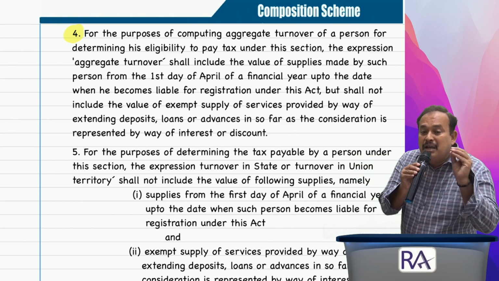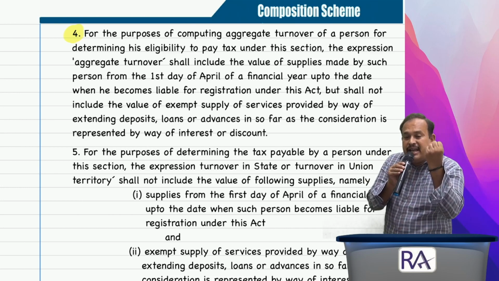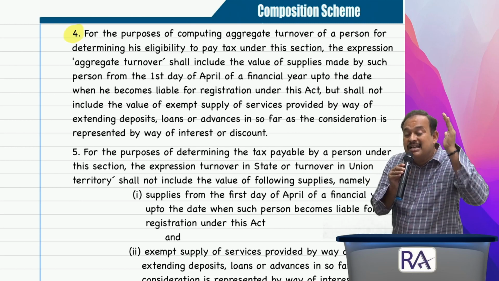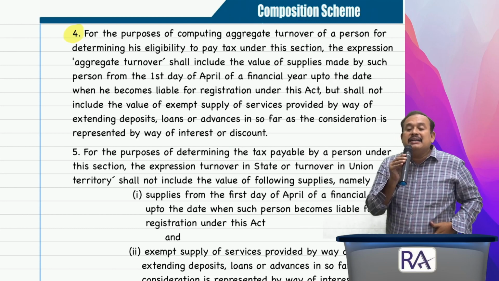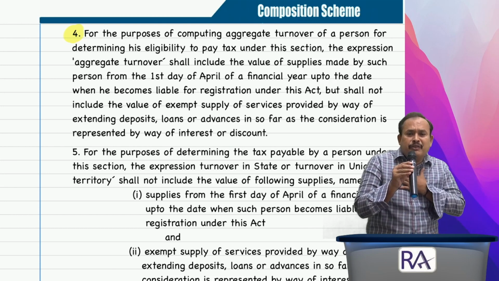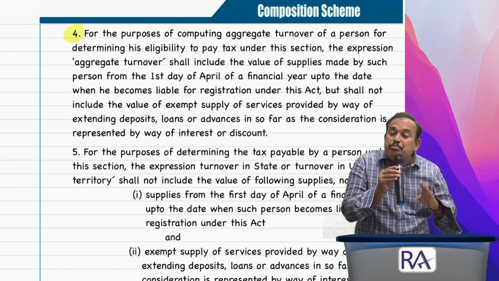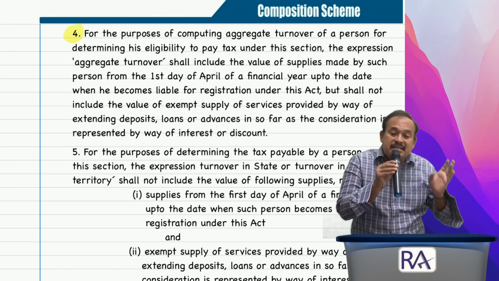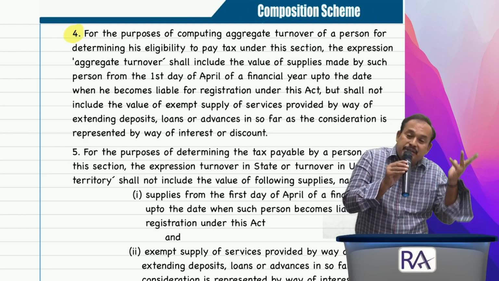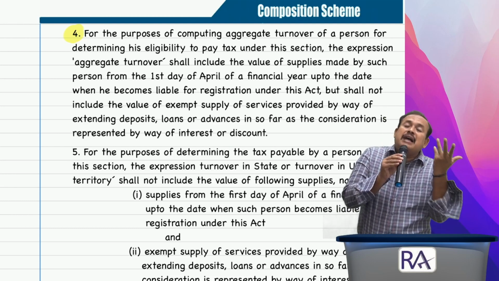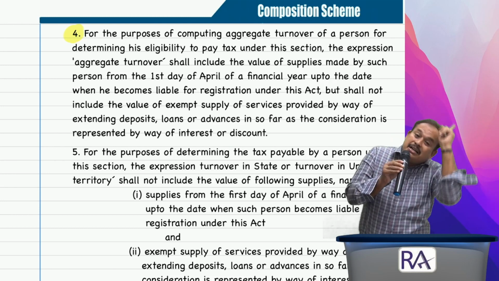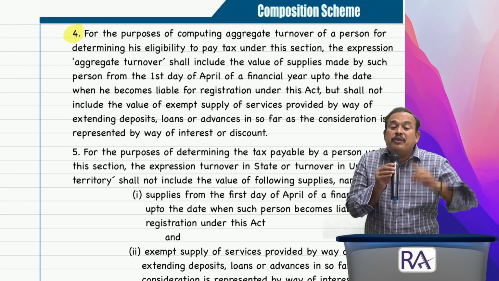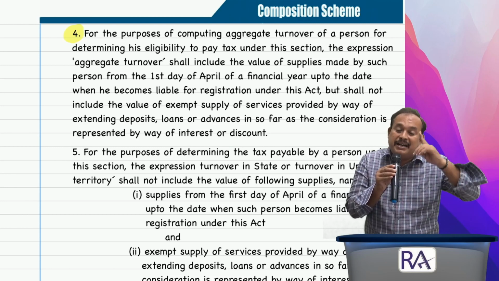Reading again. For the purpose of computing aggregate turnover of a person for determining his eligibility to pay the tax under this section. Eligibility means what? I am eligible for the composition scheme or not, for which I have to refer to the previous year aggregate turnover. Previous year aggregate turnover, how much? Is it less than 150 lakhs, less than or equal to 75 lakhs, or more than 75 lakhs, or less than or equal to 50 lakhs, as the case may be. While determining that turnover, to decide whether I am eligible or not in the future period for the composition scheme, for determining the aggregate turnover in the preceding financial year,